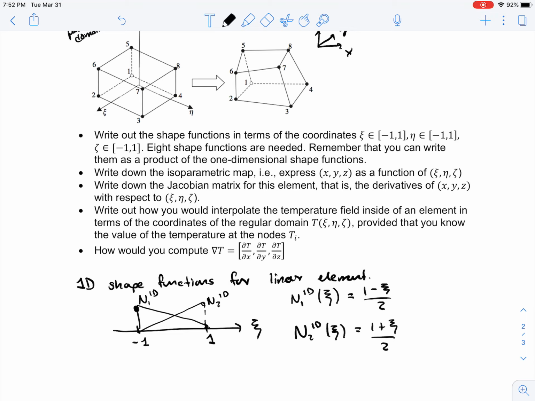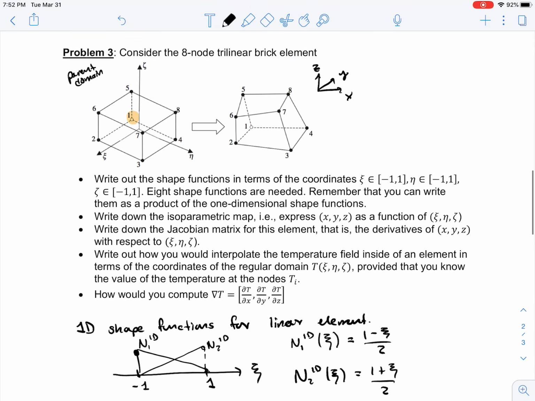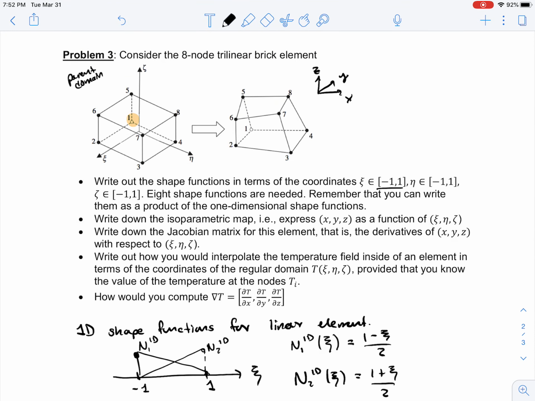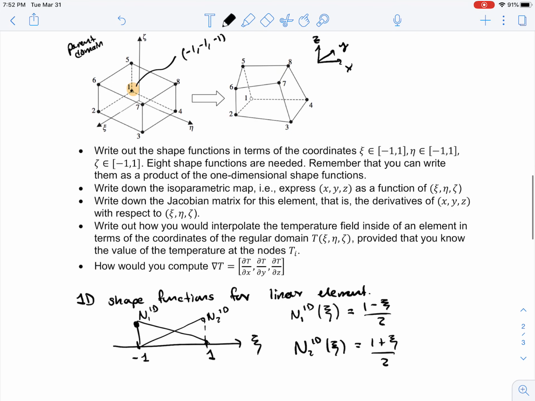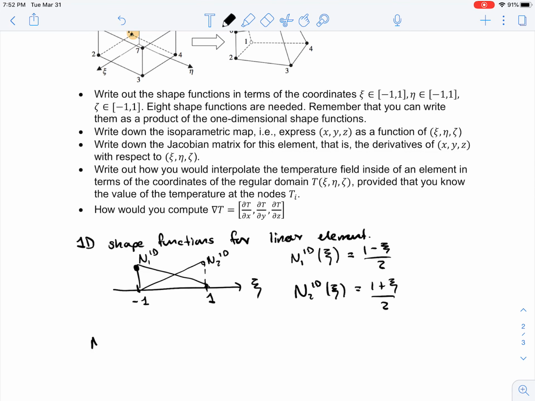Now how can we use those to get the 8 shape functions here? So let's start with the first node, right there. Note that every one of these coordinates goes from -1 to 1. I guess the sketch is not very clear, but this point right here would be the point with coordinates -1, -1, -1. So that point, the n1 of 3D, because it's in the -1, -1, -1 position,